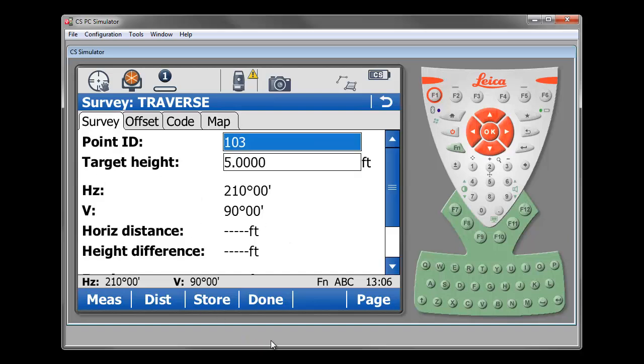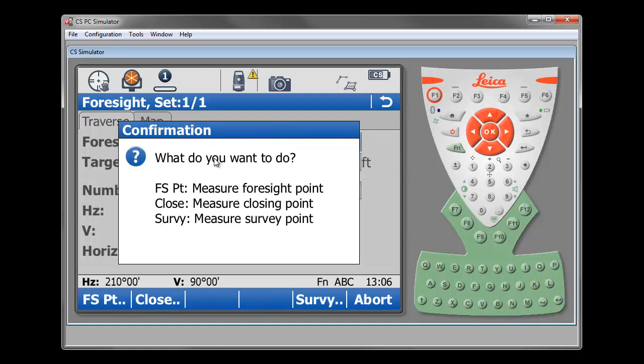The important thing when we're doing this is, when we're done with the survey, to press function 4, done. This is critical because otherwise we've actually left our traverse application, which is not desirable. So I'll press function 4, done. Now I've got the same choice that I had before, and I'm ready to move to my next traverse point. So I'll just press Foresight